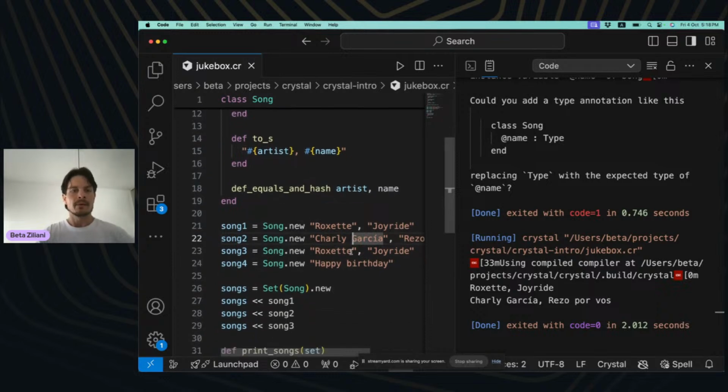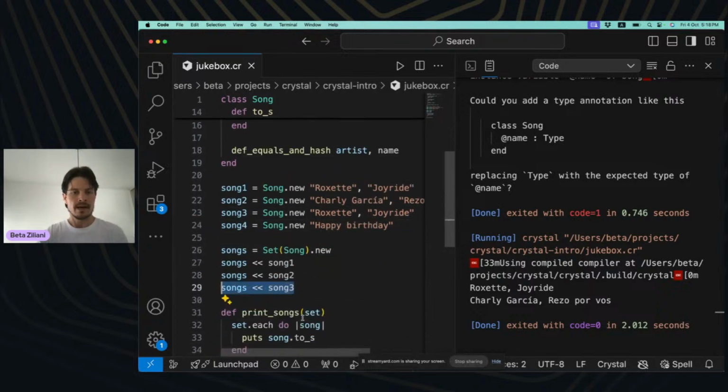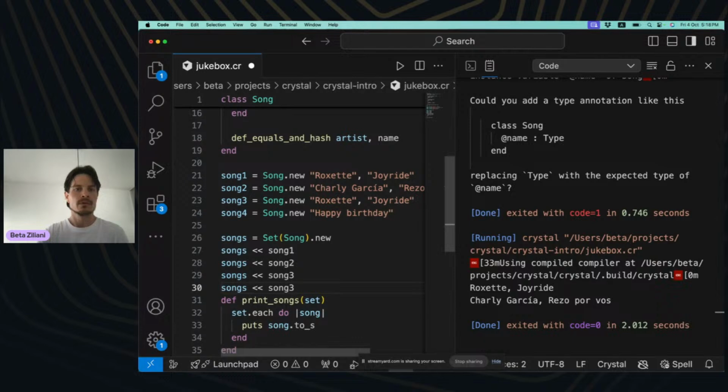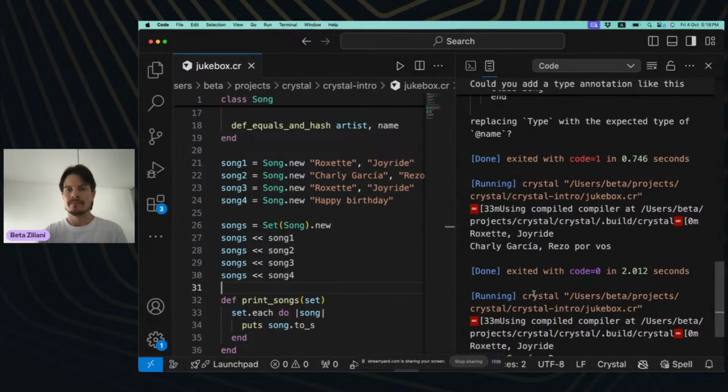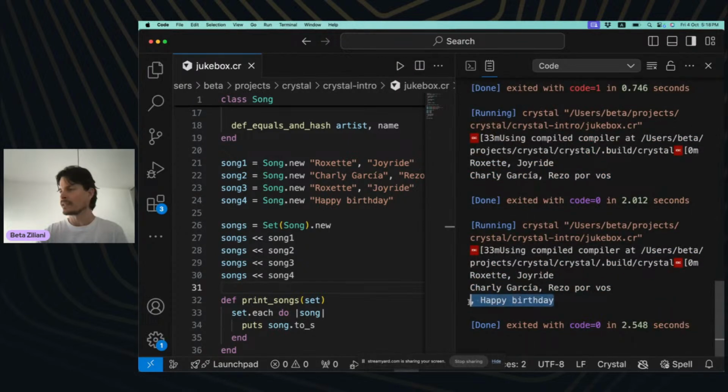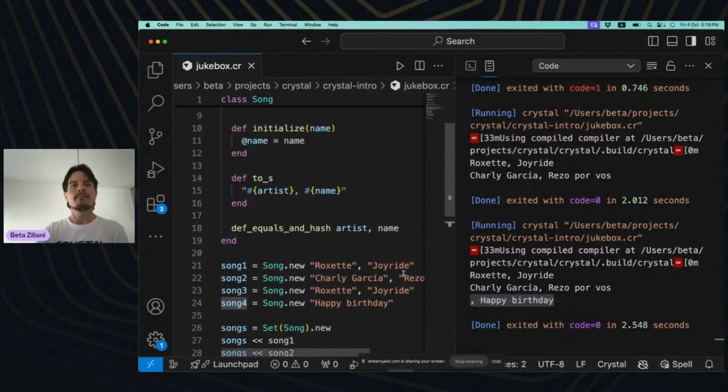What problem do we have now when we add the Happy Birthday song to our list of songs? How is it going to print that? Not very nice, right? It's a comma there. Let's fix that. So now our artist can be null or nil.